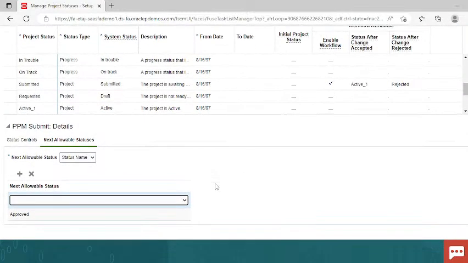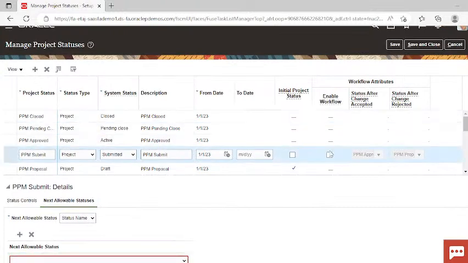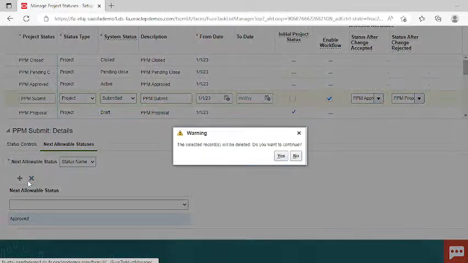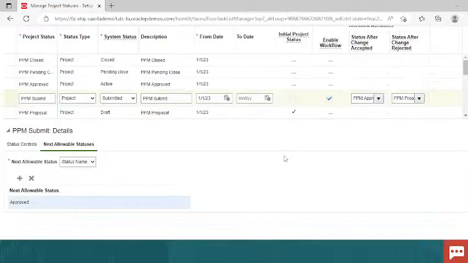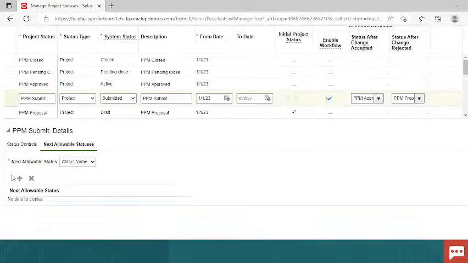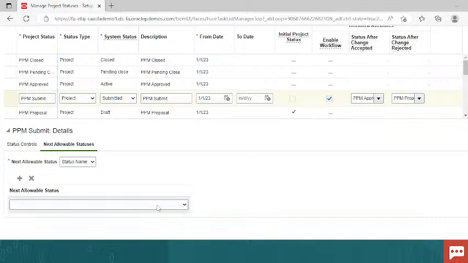Okay, so earlier the project status that we have created was not visible. So again go to PPM submit. Now enable it for workflow. Now scroll down a little. First we have to remove this status name, and now give the name of your own status here. Okay, click on the create icon, select the next possible statuses,